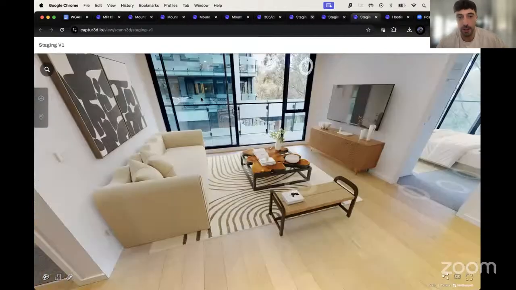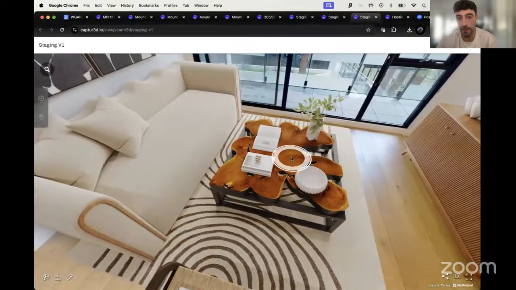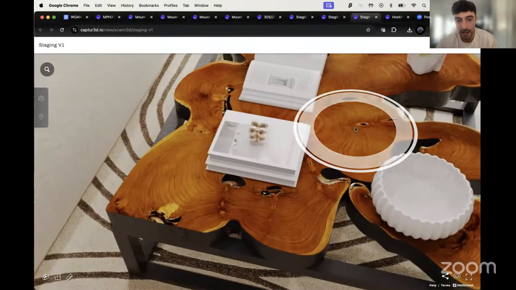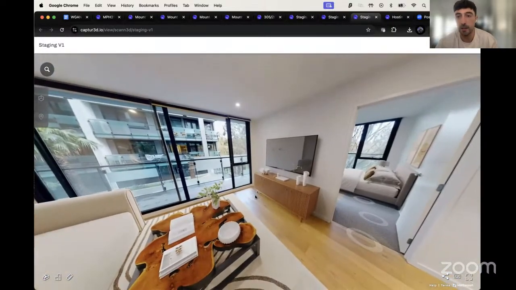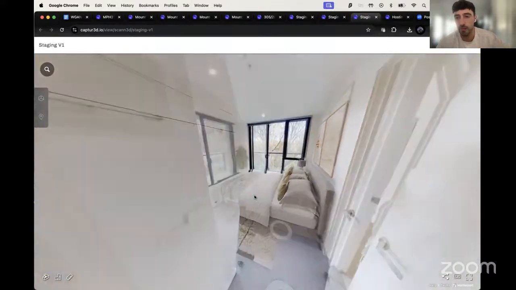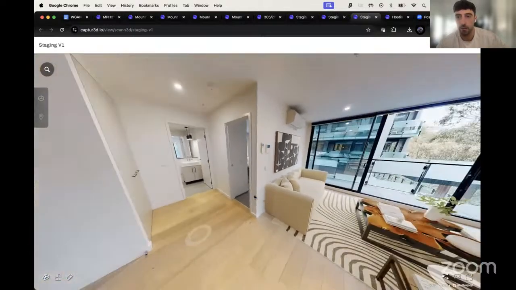And then just one more example as well here. This might be my favorite. Yeah, again, the same property staged in a different version. I love this wood grain table. It's just so realistic. You can zoom in and really pick up on all that incredible detail within here. So yeah, this is kind of a newer premium option for virtual staging. And as I mentioned before, it's a service-based order that you can place with us for this deliverable.